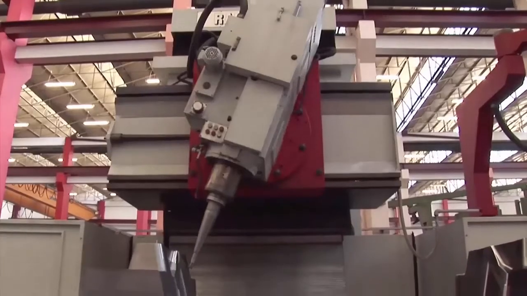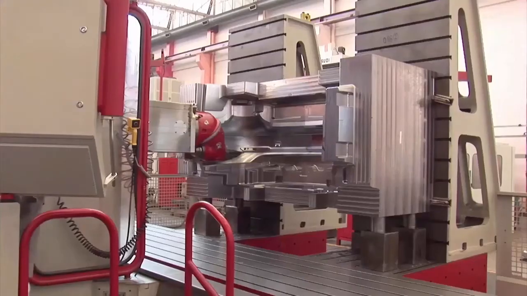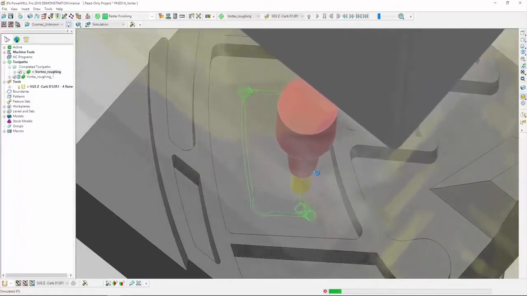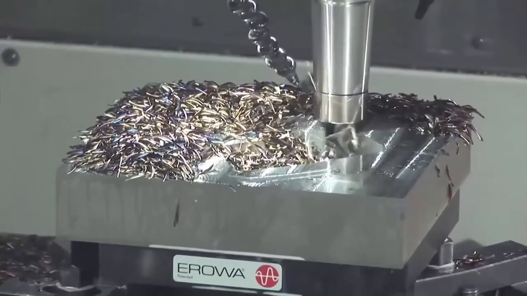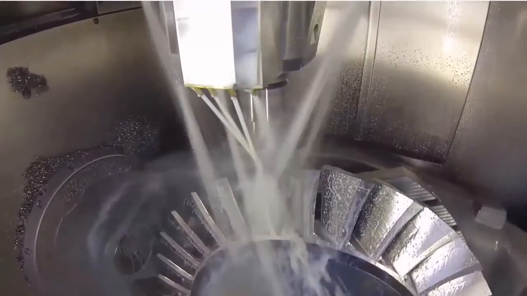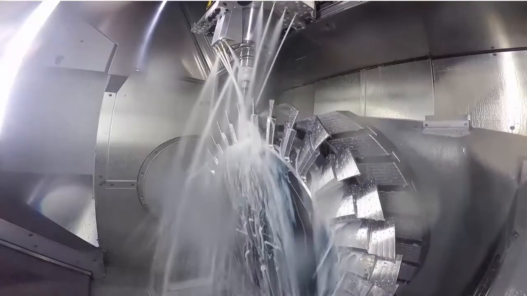Many of the world's successful manufacturers grow their business by making increasingly complex parts faster and more accurate than their competitors. To help achieve this, they invest in more modern, capable machine tools. High-speed, multi-axis machine tools capable of milling and turning are able to cut complex parts in only 1 or 2 setups, dramatically improving productivity. However, the full potential of these machine tools cannot be realized without equally capable advanced CAM